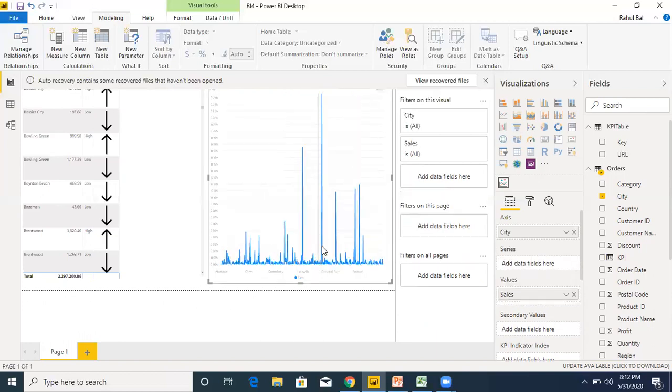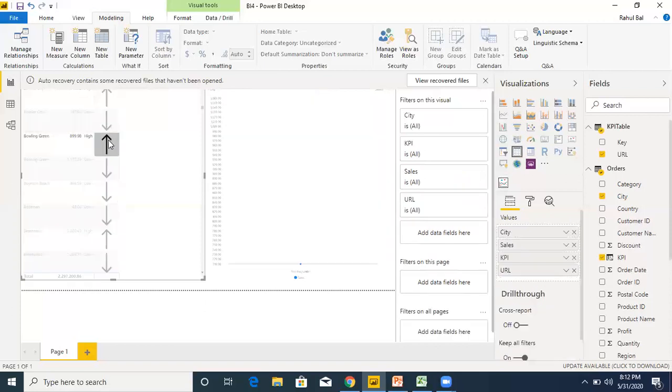If you delete this KPI, then it will simply show the value of sales. Now if you click on this particular city arrow, it will show that respective value here: the name of the city and its sales value, 899.98.